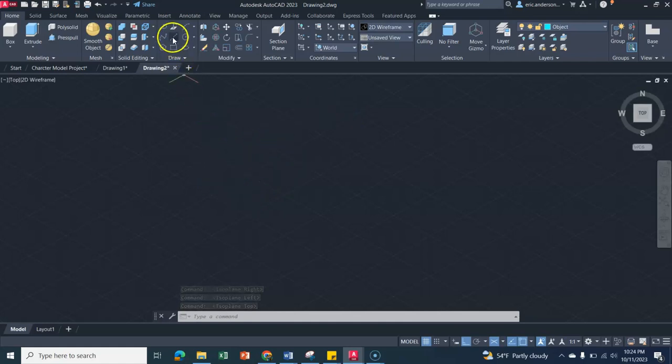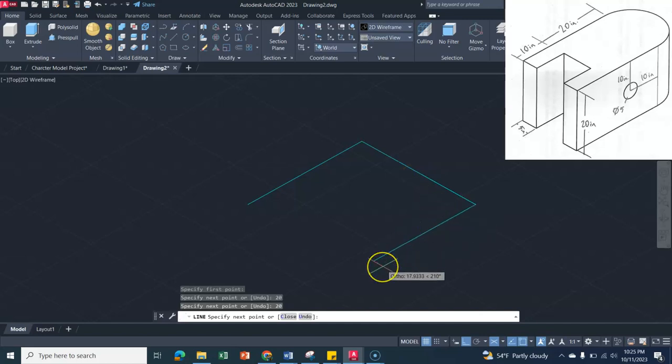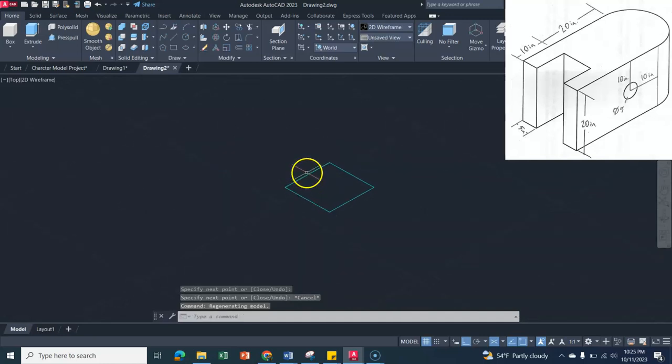We're going to do a 20 by 20 by 20 cube just to start us off. Doesn't really matter where we start, so I'm going to click here, and because we're locked in orthographically, I can only go in the directions of the top view, which is actually what we want. So let's go over here. I'm going to type in 20 and hit enter. I'm going to zoom out a little bit so I can see it. I'm going to go over here, hit 20 and hit enter. Do one more time, 20, and hit enter, and then we should be able to just latch it back to this spot right there. Okay, and I'm going to hit escape, and so this is the top part of our cube. So let's hit F5